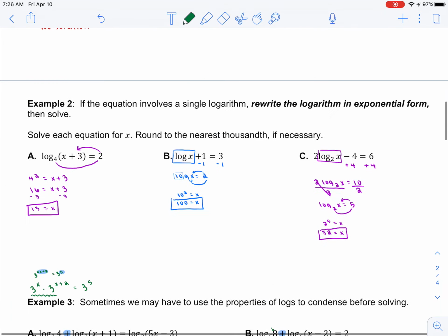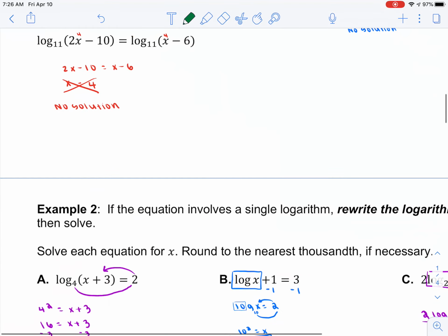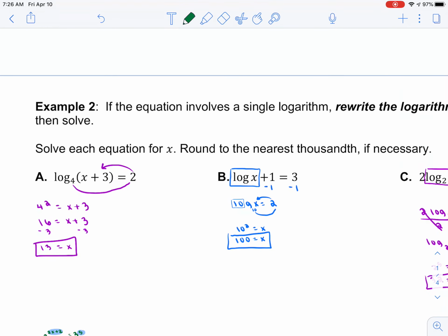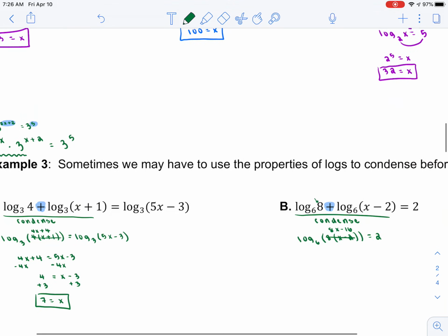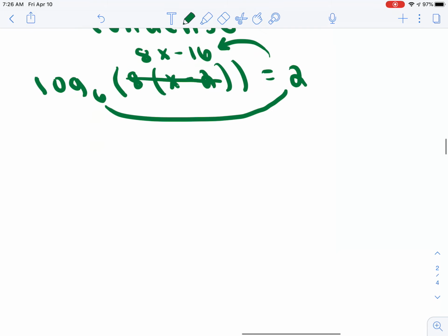We have two different types of log problems. One, where you have a log on each side. You set the arguments equal. But the other type is if you only have one log, we use the circle of life. So on this problem here, we are not going to say 8x minus 16 equals 2. We're going to do the circle of life, and we're going to say that 6 squared equals 8x minus 16,